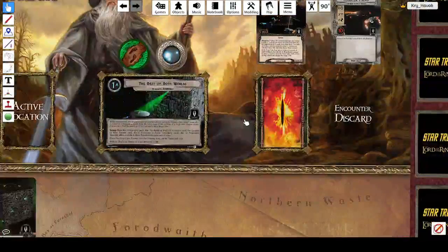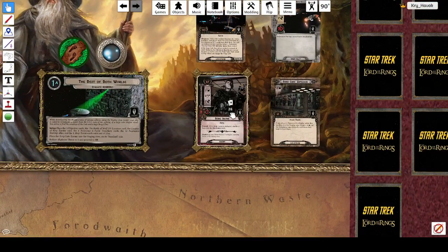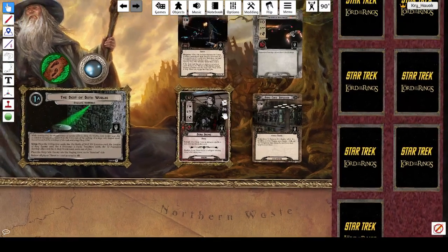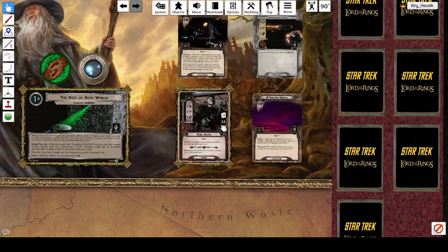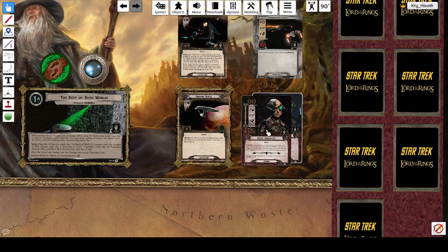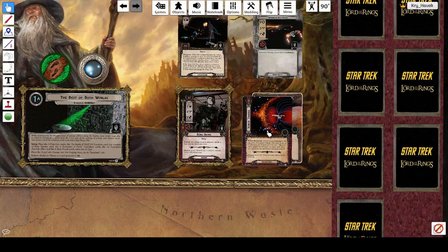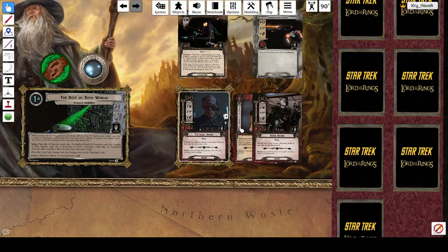Cool. And the only other change I made is some of the encounters occur at different things. What's it called? The engagement costs. So the Borg drones are the same. The tactical drone and the Borg engineer are the same. So yeah, they're the same. The only other difference is,